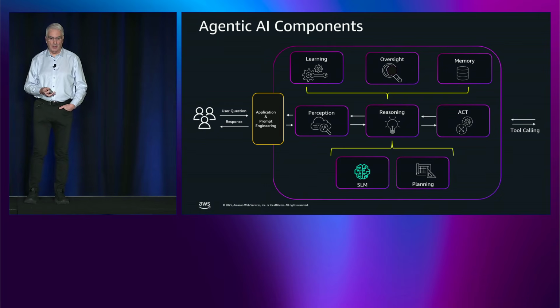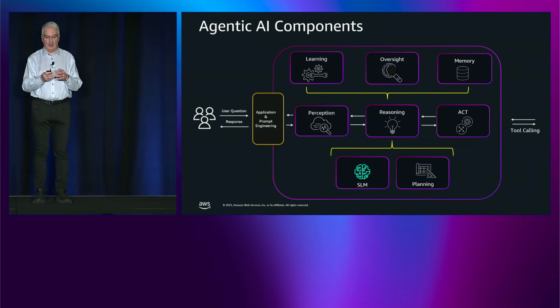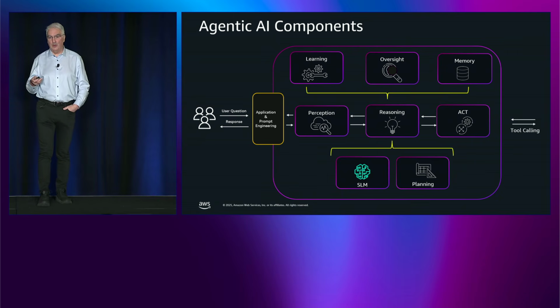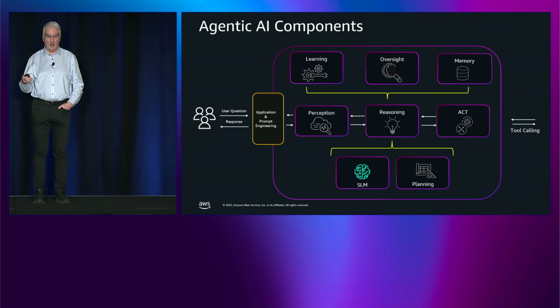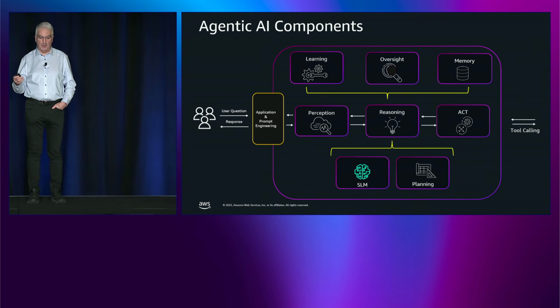Looking inside the components of the agent, the first step is to perceive, or to understand, the question that's coming in. The model needs to break down the text and ask, if I'm asking for something, what does that mean? Then it goes through a reasoning stage, where a planning function creates an understanding of what the problem is and of how to address it. Then it has an act function that can actually go and call tools repeatedly, etc.